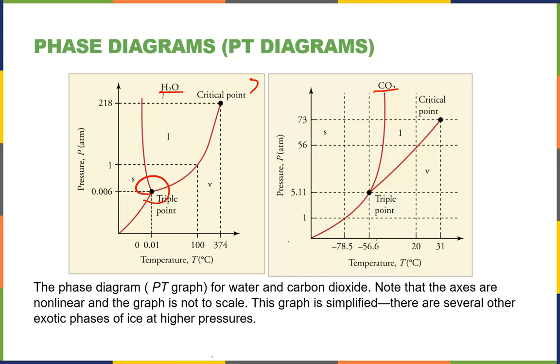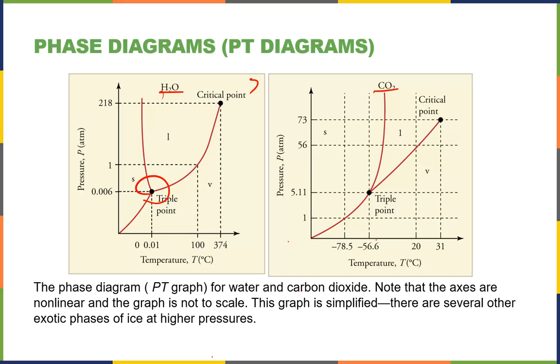There is another very serious difference between carbon dioxide's phase diagram and water's phase diagram. And that is the line that separates the liquid and the solid. Notice in the water diagram, it starts off with a slope that's going back, whereas carbon dioxide has a slope that goes forward. The significance of that comes down to if I have